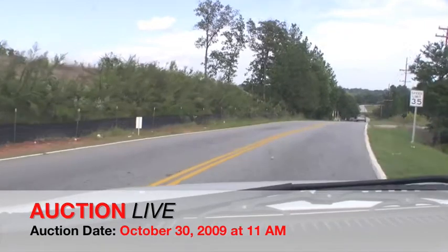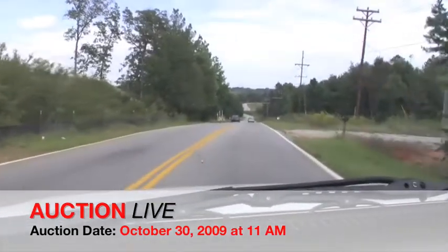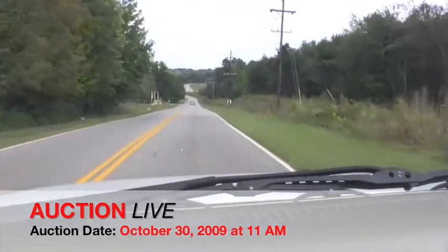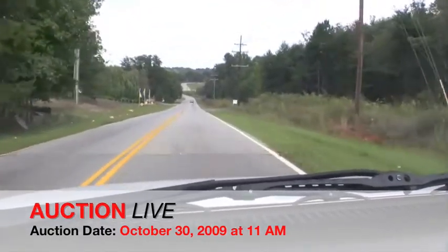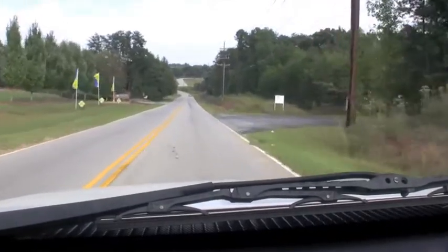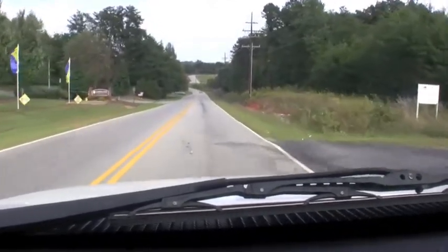We're going to take a little drive down to the property. We've just turned off of East Main Street, which is Highway 290. We're headed down to Rosewood. It'll be probably about 2 streets down on your left. We're about to pass an apartment complex here, and we'll go down just a little bit further and we'll turn